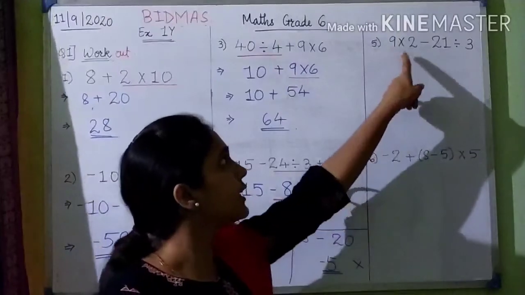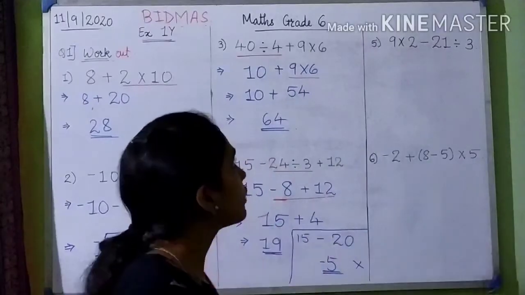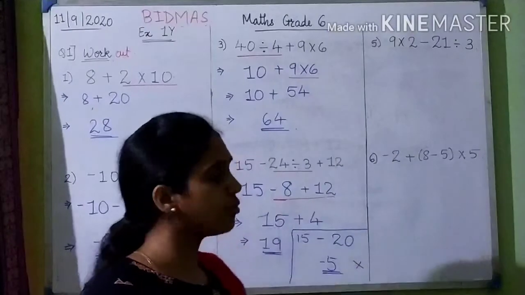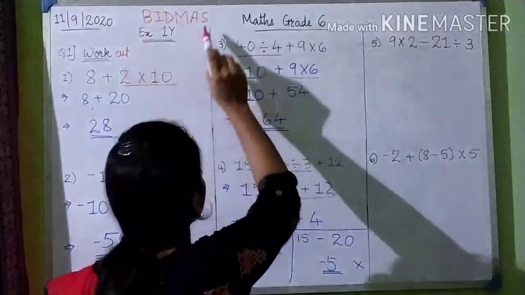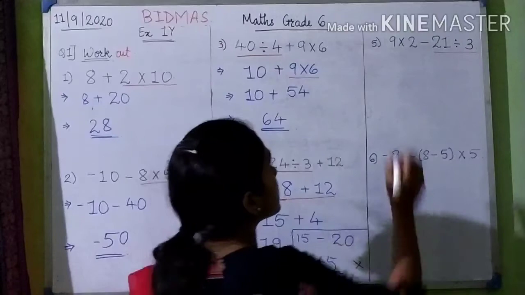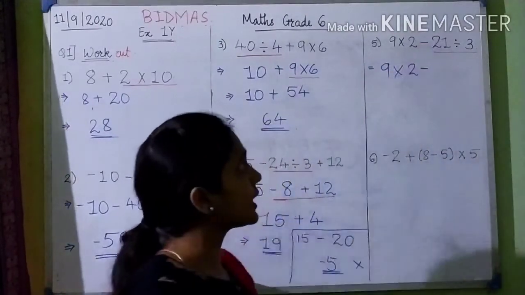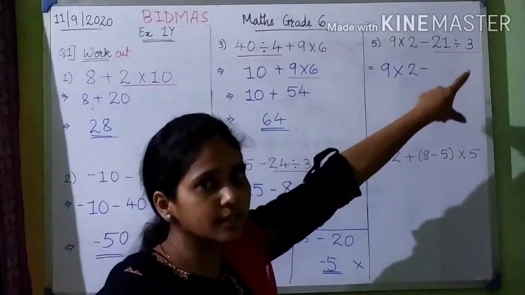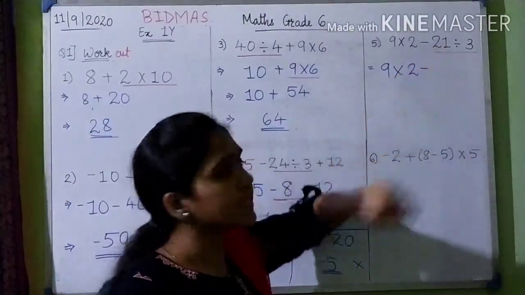Now the fifth one is 9 into 2 minus 21 plus 21 divided by 3. So here there is multiplication, subtraction and division. So first what you need to solve? You need to solve the division first, because division comes first, then multiplication, and then the last is subtraction. So first we will solve this part. So what is 21 divided by 3? Rest all will remain the same. See, here I am not considering this minus sign. For 21, I am not taking it as minus 21, because the answer is going to be the same, because here there is division. So I will write this minus sign as it is down.